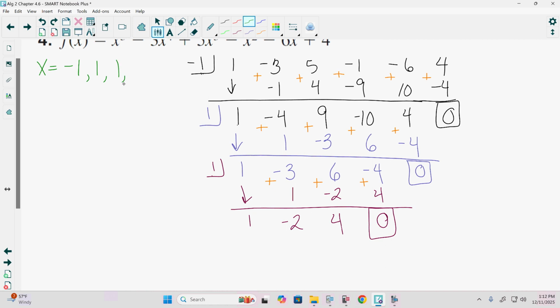Questions on this so far? Now, based off the graph, it could be possible that we do have another solution at 1 or negative 1. If it's at negative 1, because it crossed, it would have to show up 2 more times to keep that odd multiplicity. The same thing with positive 1. For it to keep that even multiplicity, it's got to show up 2 more times. And looking at what we have left,